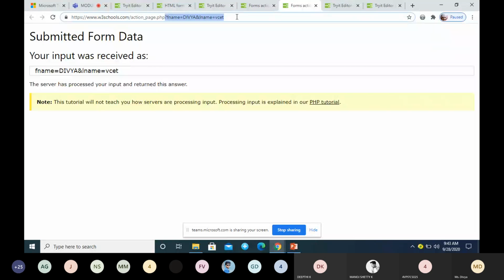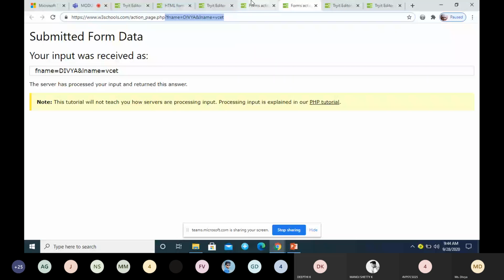If you don't specify method equal to get or post, by default the method is get. So that is the difference between get and post.